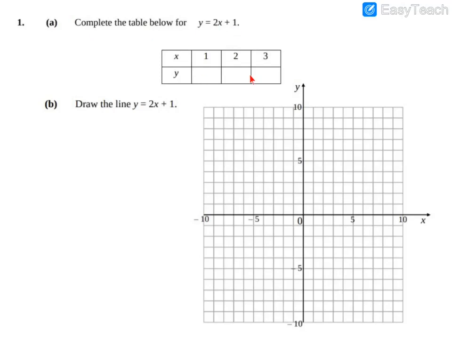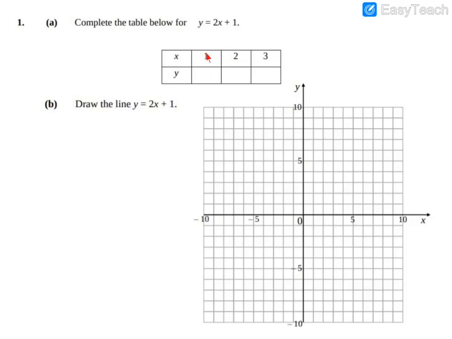So we need to fill in these y values and how do we do that? Well, we've got this equation to help us. The y value is equal to 2 times the x value plus 1. So that's all I need to do. I'm going to take my x value and multiply by 2 and then add 1. So if we do that here, that means in this first box I'm going to have to do 2